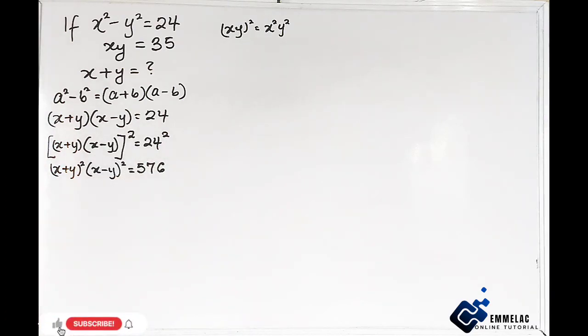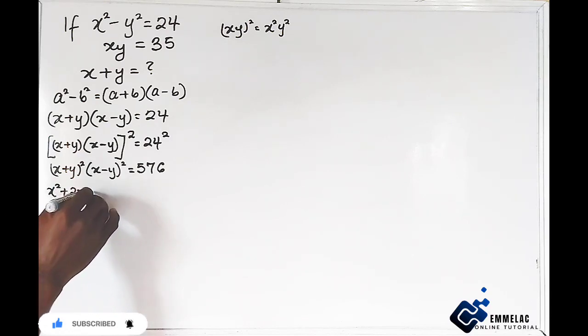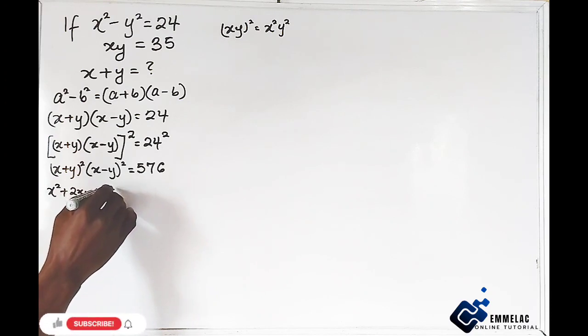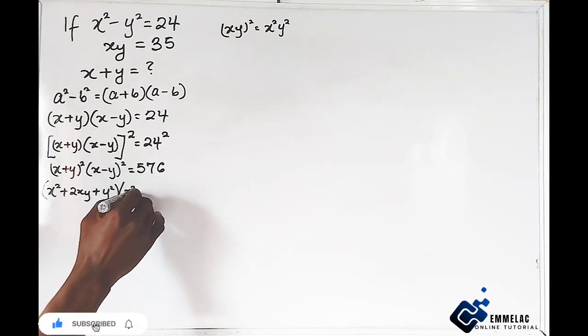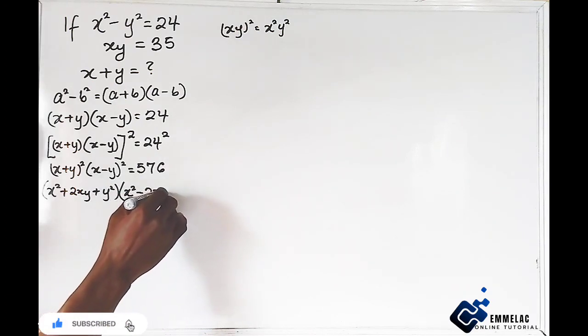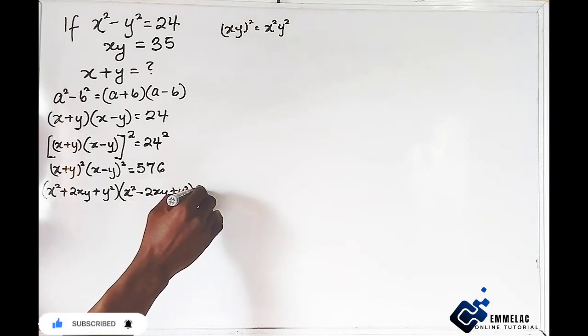576. Now if we expand this individually, we have x raised to the power of 2 plus 2xy plus y square, right? And if I expand this one also, this will be x square minus 2xy plus y square, then equals